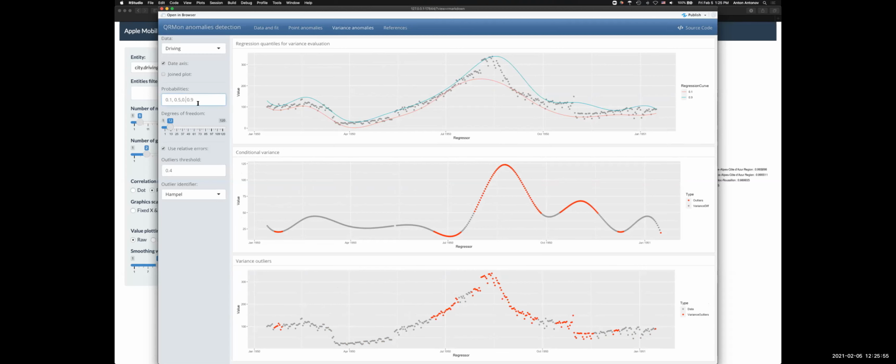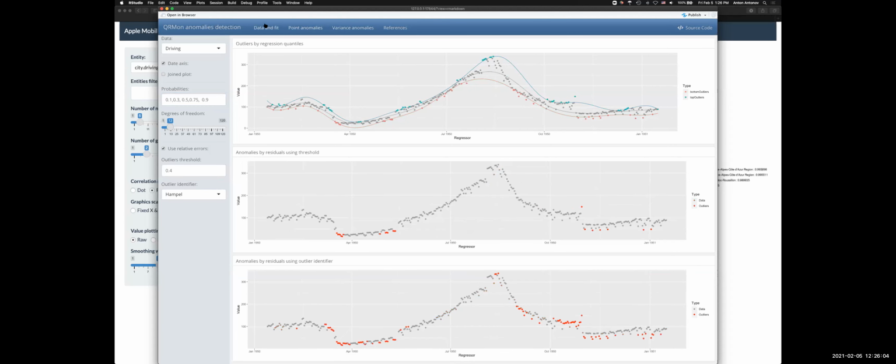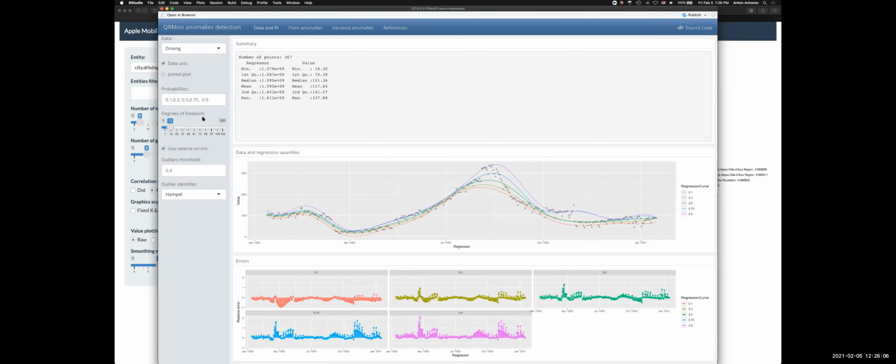Say, if I put here 75, and say 0.3, I'm going to have more curves being fitted. And now, because of the quantiles, I can make an estimate of the conditional probability distributions using these curves.